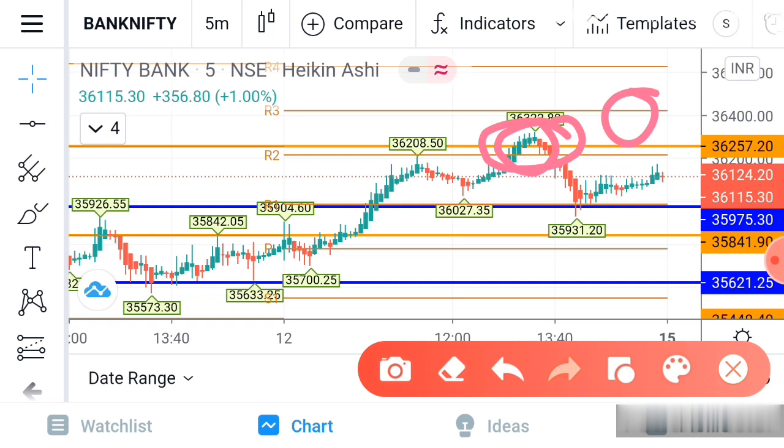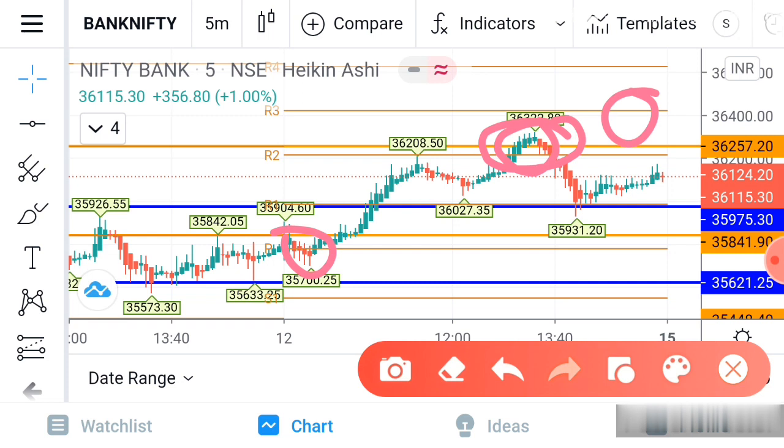We have to wait until a proper candle. So in a market we need a lot of discipline. Without discipline, if you enter into a market, you won't even get a single profit. Some people, by seeing the candle, for example, today it started with a red candle. So normally by seeing a red candle, people will think, okay, today the market is on the negative side, and they won't even check support or resistance.